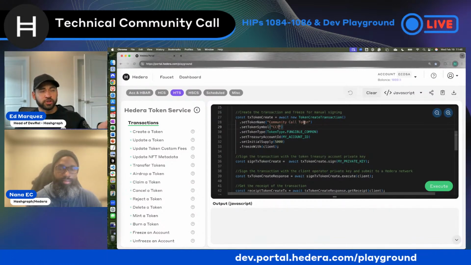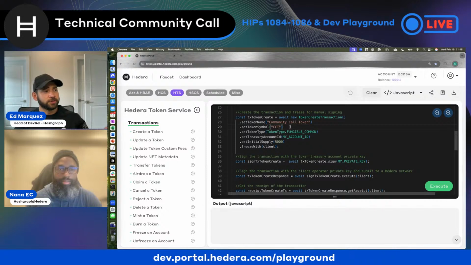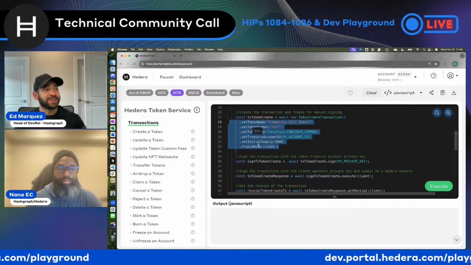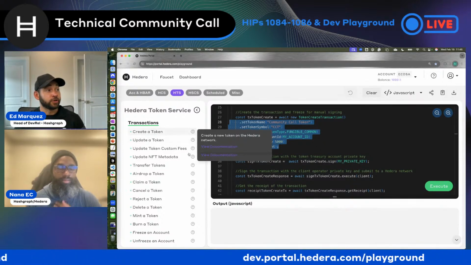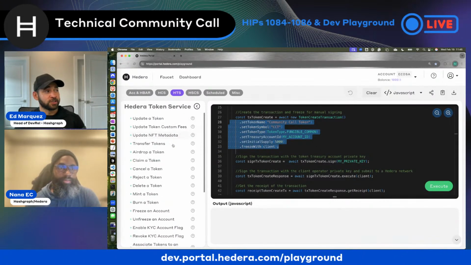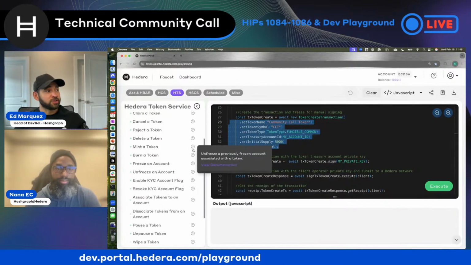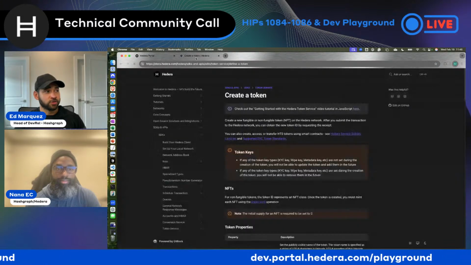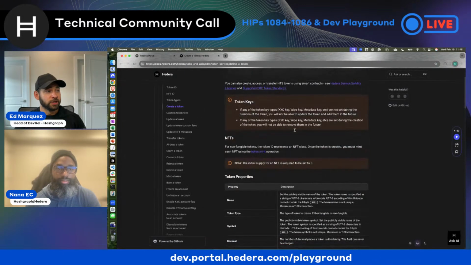And here there are certain required fields, so make sure those are provided or filled out for you from the playground. If you want to look at the additional options available for each of these transactions, be sure to inspect this transaction menu and the queries menu as well. Then you can come here to this question mark and view the documentation available to create that token.